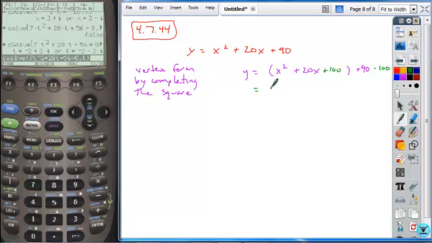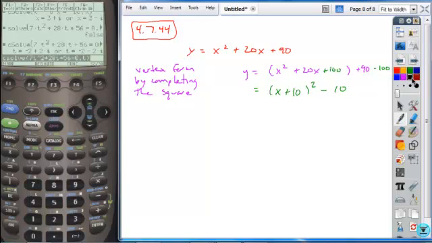What this allows you then to do is to rewrite the binomial square form, x plus half of your b value, so x plus 10, quantity squared. Simplify your terms here, so a minus 10. Okay, and so this would allow you to find that particular